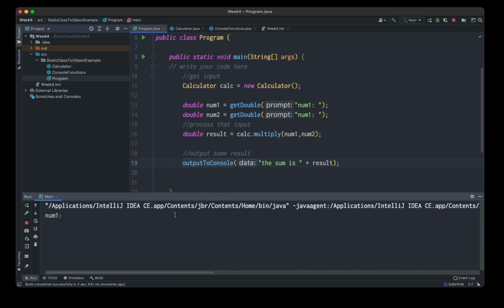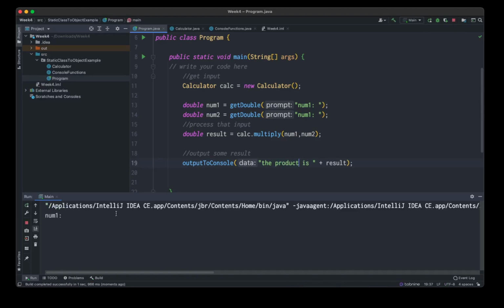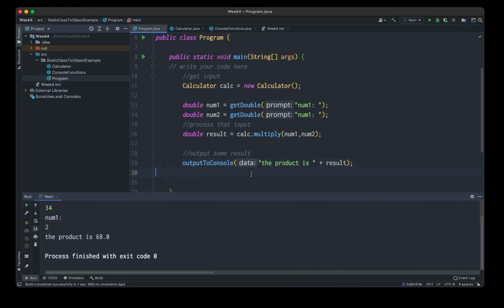It's asking me for my first number. Let's say 34. Let's say 2. And it says the sum is. It's not the sum. It's the product, because I'm multiplying them. That's just me forgetting. Let's just run that again. 34. While I do this, please code it yourself. 68. Okay. Got a 0 because we're doubled. Now,